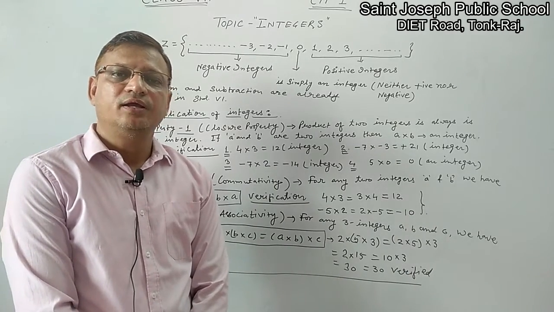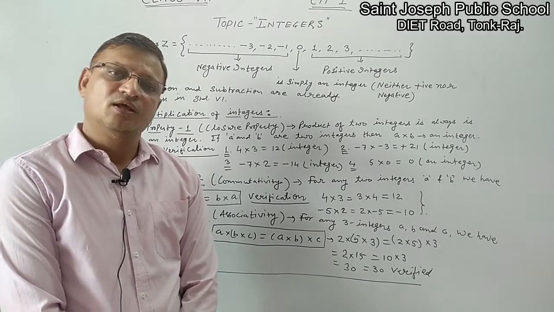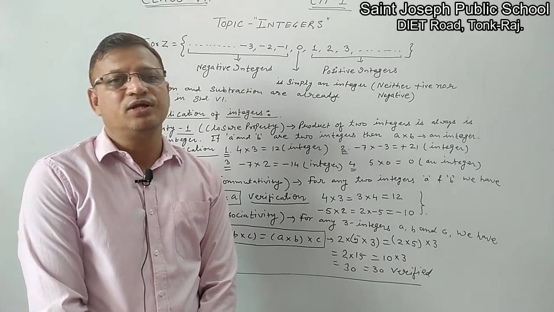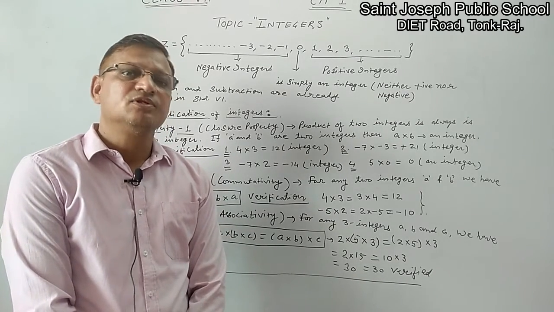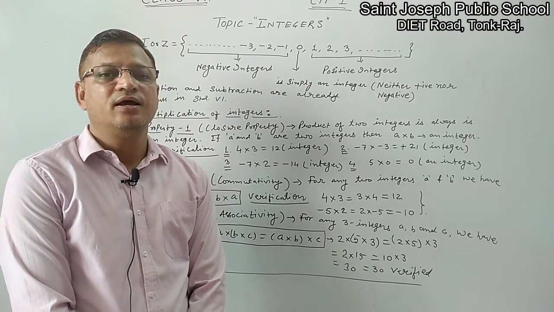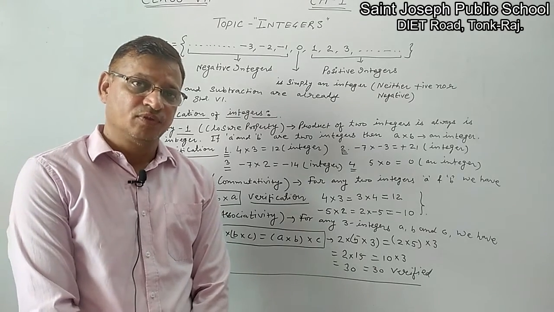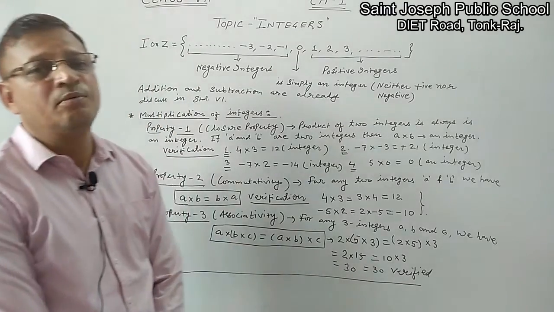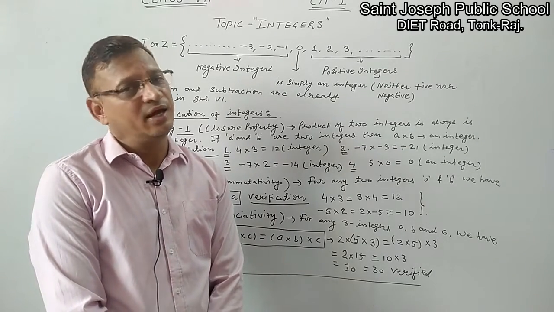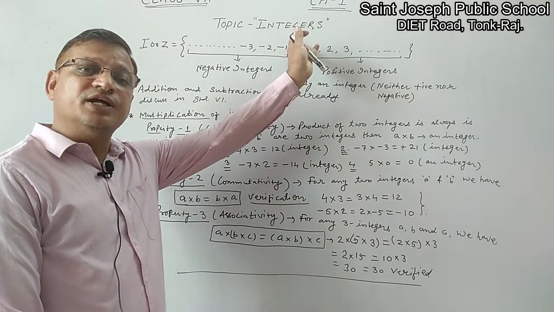Now, today we start from integers, class 7. First, what are integers? We already discussed integers in class 6. But in class 6, we only introduced addition and subtraction for 2 or 3 integers. But here we discuss integers for multiplication and division. Now, first again we discuss what integers are.